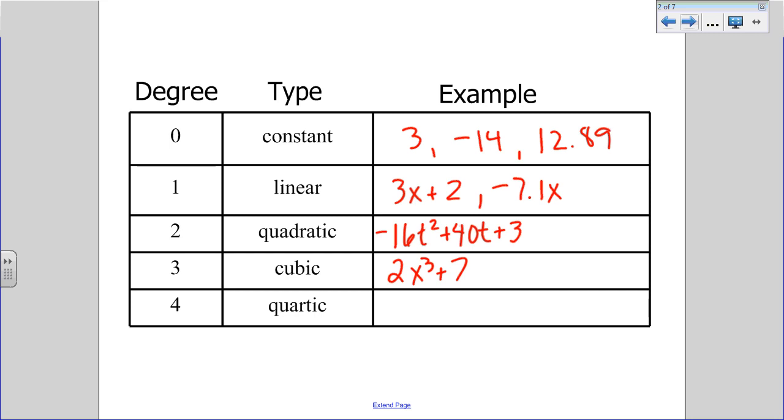It can have one term, it can have just an x to the third, it can have 2 terms, it can have the cubic and the constant. It could have all 4 of these terms. So we could have x to the third minus x squared minus x plus 1. You could have all of them. As long as that largest exponent is 3, the name you're going to give it,